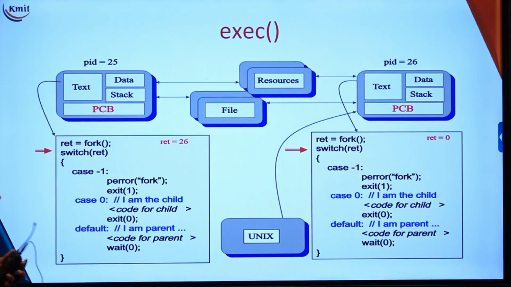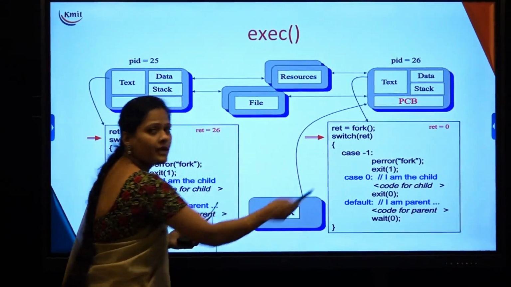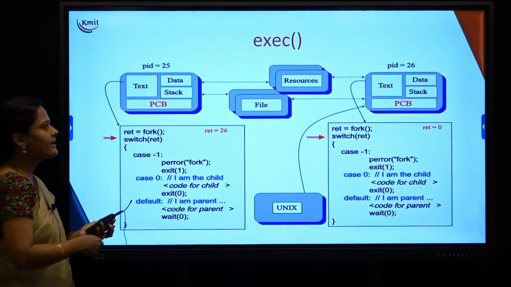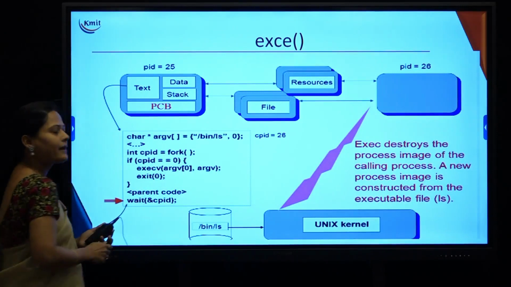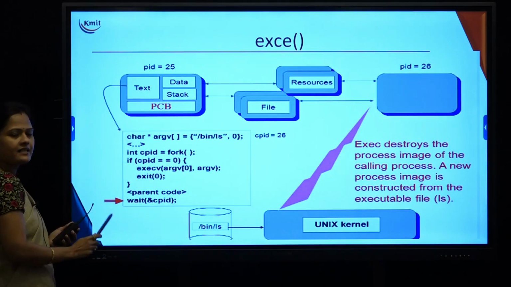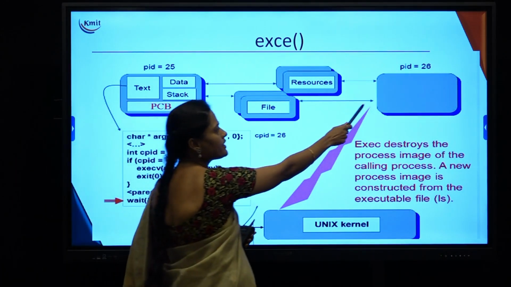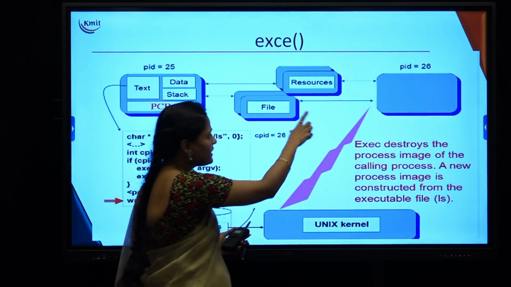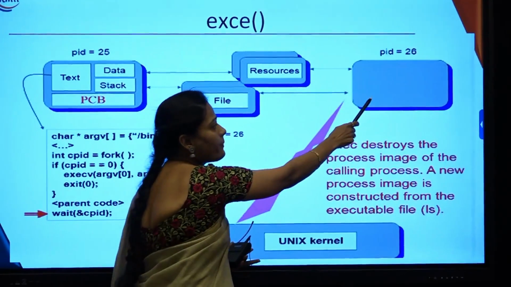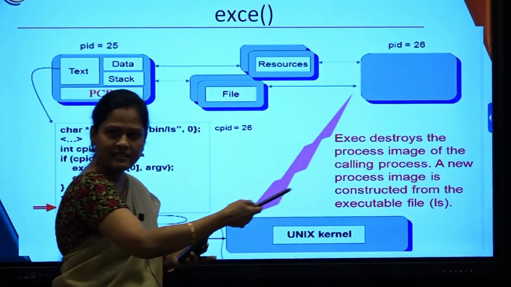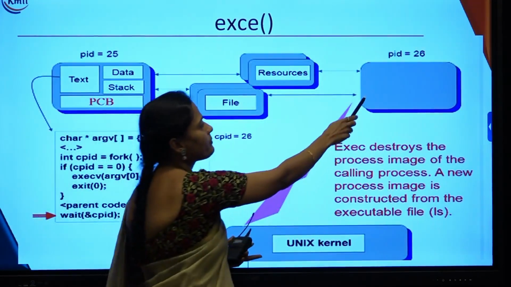But in this case, I don't want the same copy of the parent program to be executed by the child. I want a separate program to be executed by the child. In that case, we use a command known as exec. When you use exec, just see this particular structure. This is the code related to your parent process, whereas here the same code is not available in your child process. So when I perform an exec system call, the copy of your parent program will be deleted and whatever program you want the child process to execute, that particular program will be executed